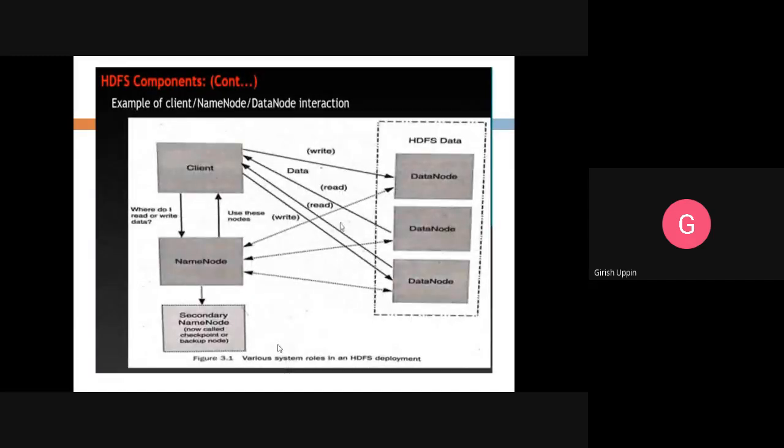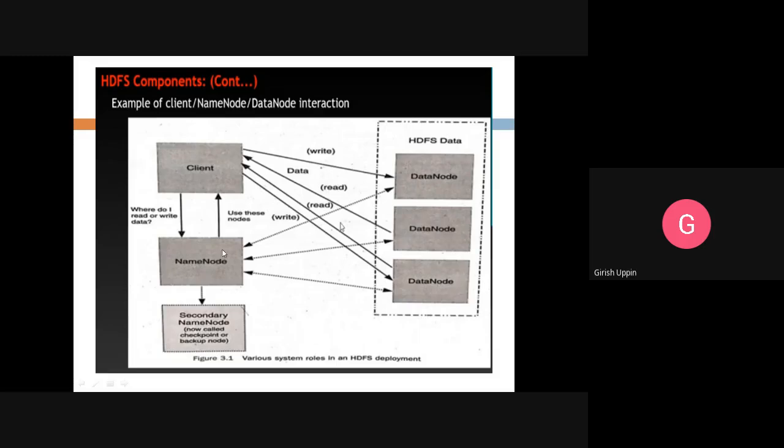So this is the diagram of the HDFS system. You can see the client, the name node, and the secondary name node. These are the data nodes which hold the actual data.